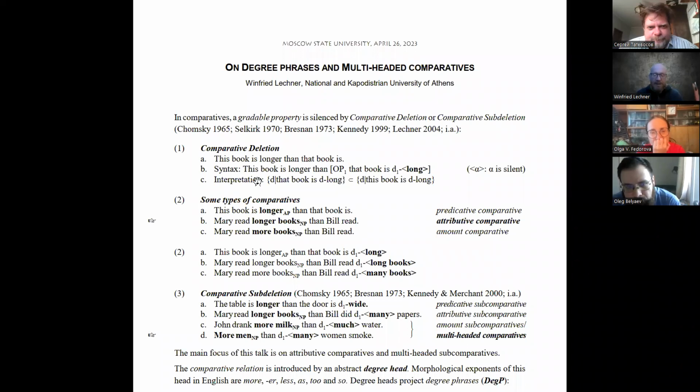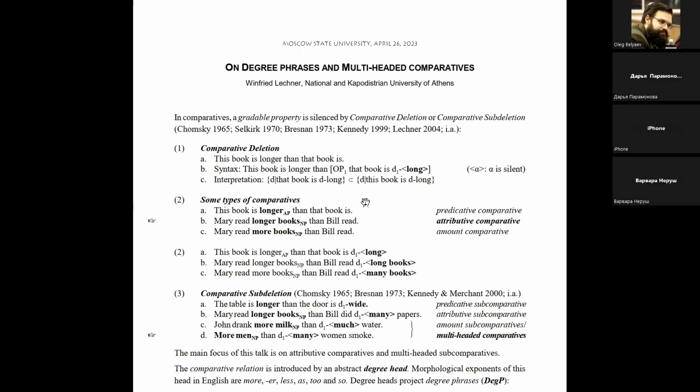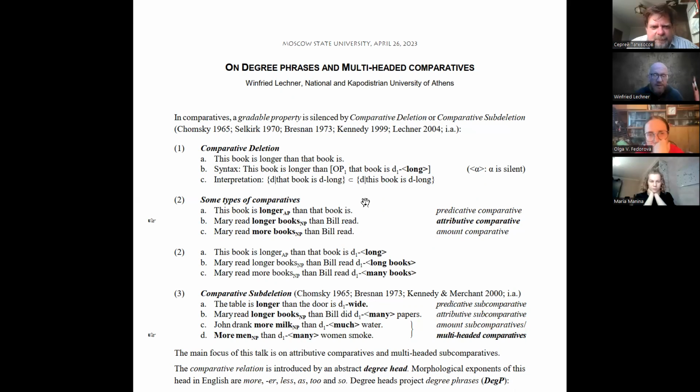Well, this talk, as Sergej mentioned, is about some aspects of how degree phrases are structured, and then, somewhat unrelated, about a new observation that might be leading to an interesting generalization, but most likely the bulk of the presentation will be on the structure of degree phrases. So, just as a background,